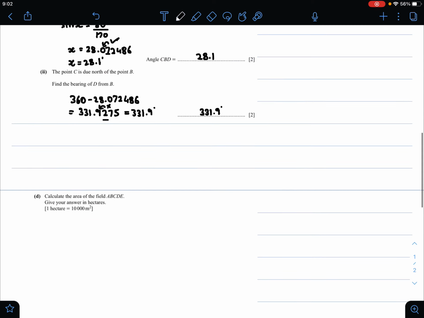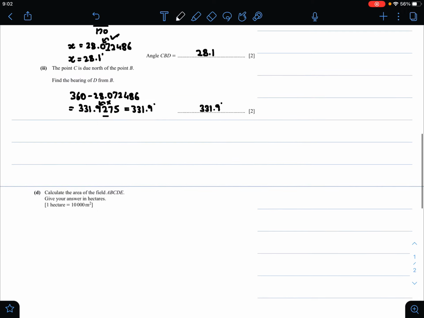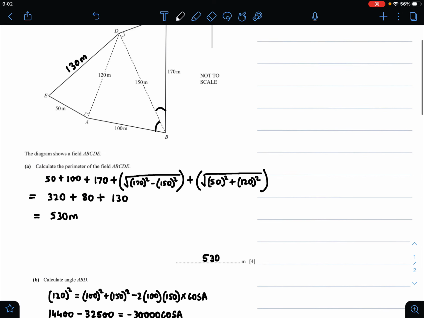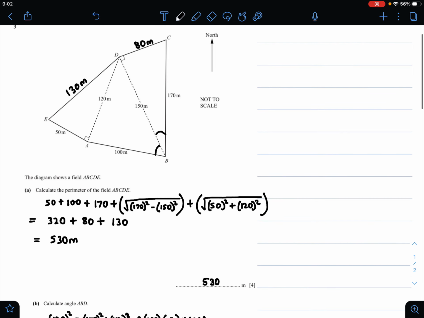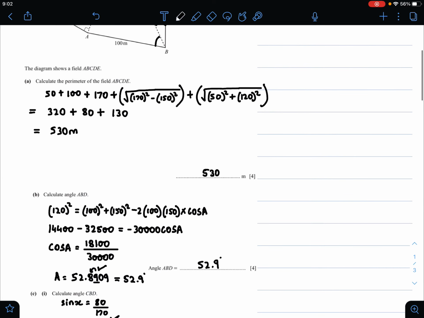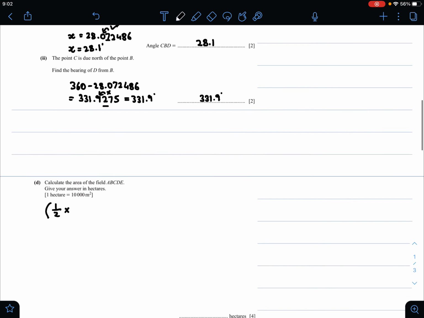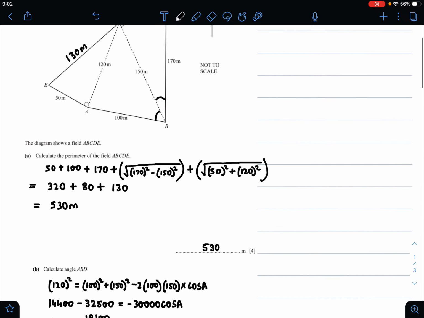Now let's move to part D of this question, where they are asking you to calculate the area of the field ABCDE. Now there are three triangles, so we can simply calculate the area of each triangle. Two of them will be easy because there are two right angle triangles, so let's calculate them first. So half multiplied by the base multiplied by the height. So the base of the leftmost triangle, that is AED, is 50 and the height is 120. So half multiplied by 50 multiplied by 120 plus,